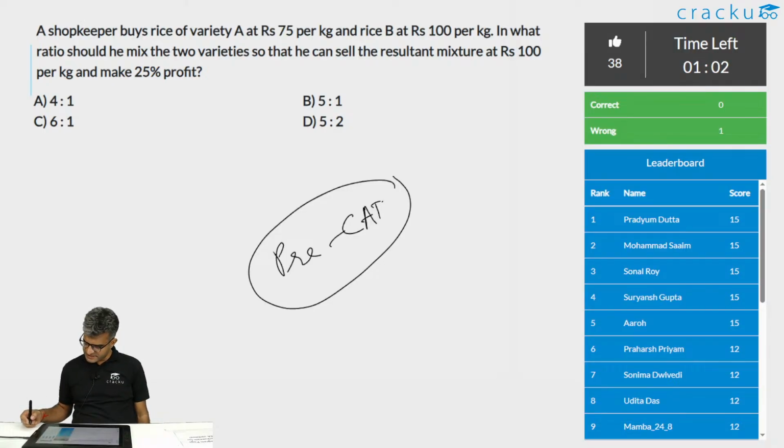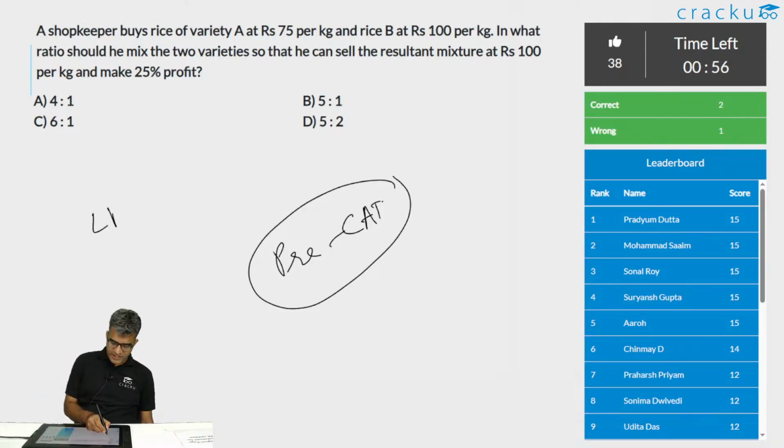Keshwardhan Babu Bhairi Singh asks, sir, for LRDI, is the best method starting with PYQs or any other idea? I would say there are two things for LRDI. To improve in LRDI, one is the CAT previous year's papers.